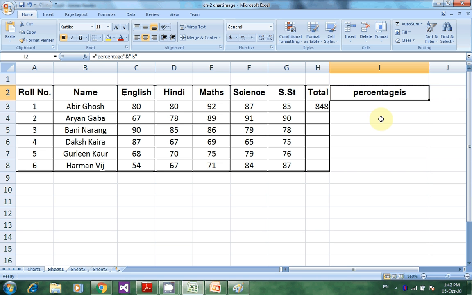And to do this concatenation, you write here in the formula bar equal to percentage, means the word that you want to add, write here in the inverted comma, both the words you write in the inverted comma and put ampersand in between both the words. Okay, so your text is get concatenated. So this is the text formula which you use in this MS Excel. Okay,